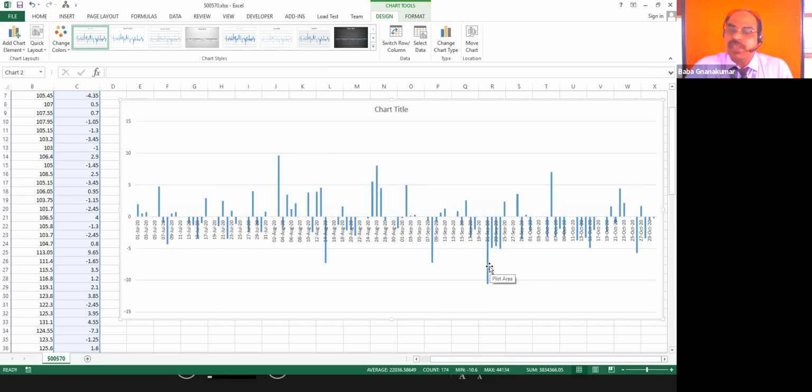Another day, 21st September, you can see a huge loss, around 11 rupees loss. So this is the returns. This will show the returns. You can see it is clearly zigzag because the direction is polynomial. That's why once it goes upward, then it comes down. You can see clearly how the trend line is going. This is the return analysis.